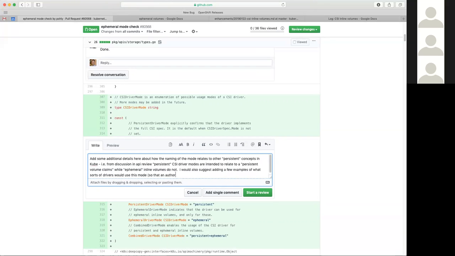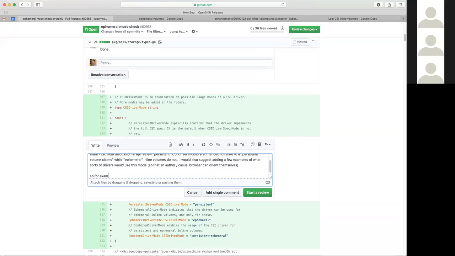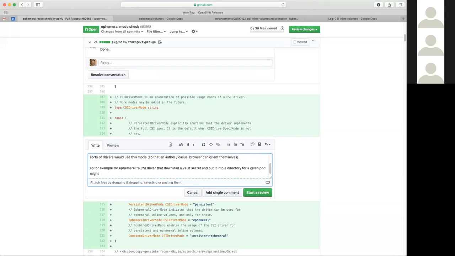So an author or casual browser. A CSI driver that downloaded a vault secret and put it into a directory for a given pod might